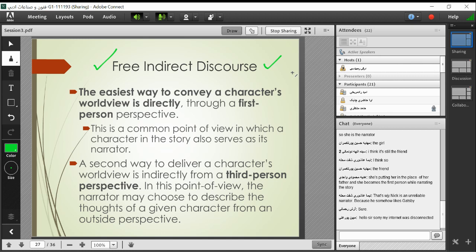We talked about this. A second approach to revealing the worldview of certain characters in the story is actually the third-person perspective. In this one, the narrator of the story, whether it is omniscient or limited, goes into the mind of the characters, and then reveals their worldviews to the audiences. But in this case, there is a distance. We see the mind of the character from a distance. The mind and the worldview of the character, those are revealed to us from a distance. Those are described for us. There is a specific,